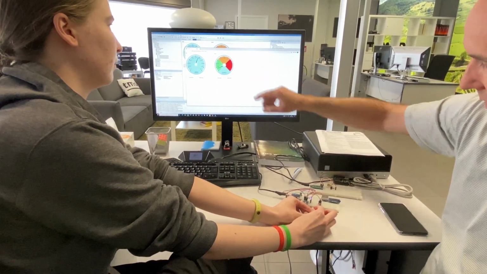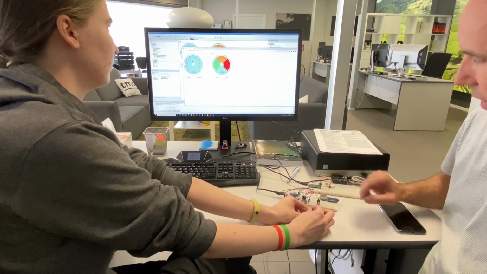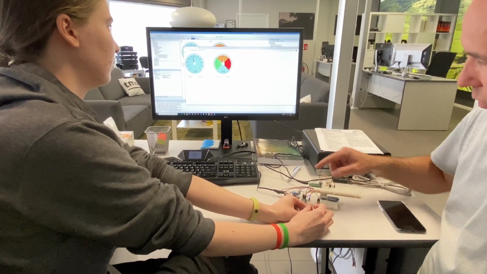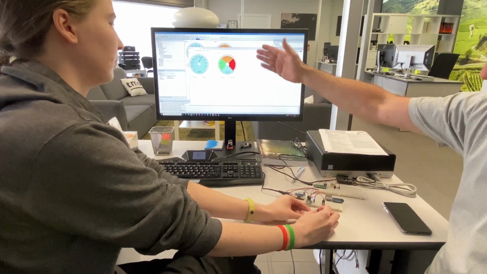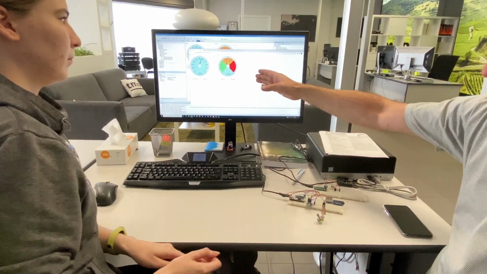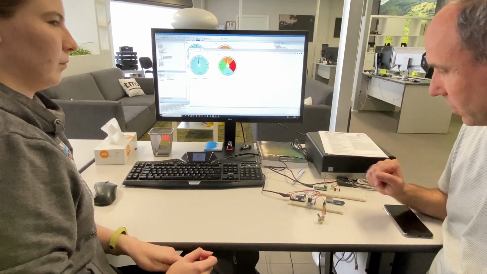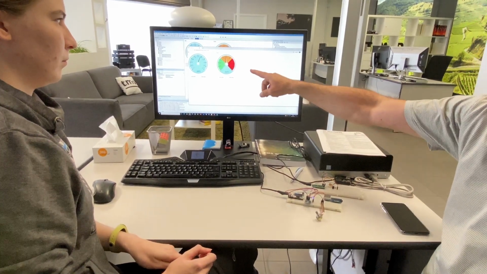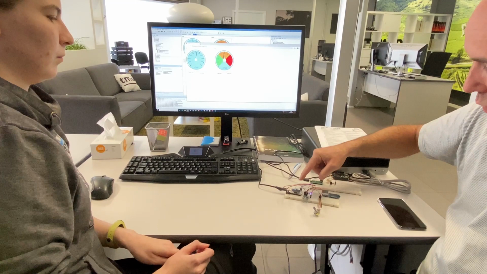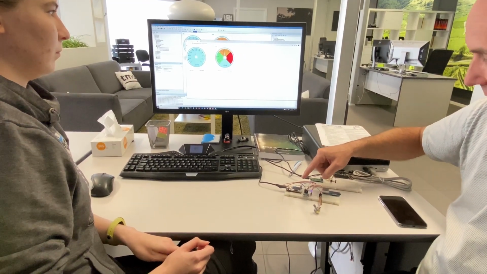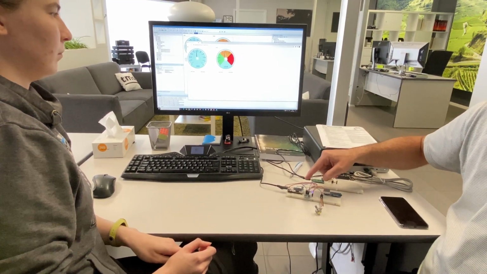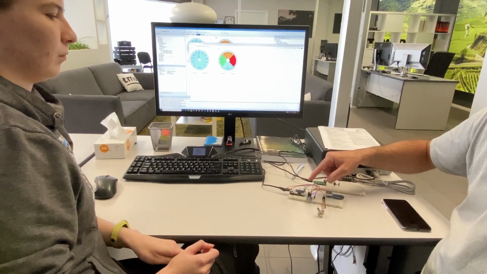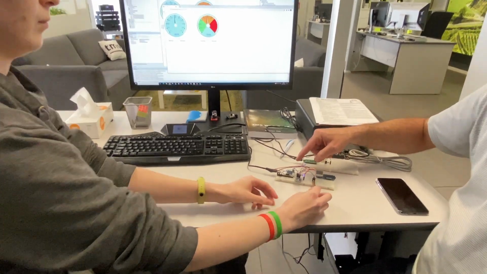So we visualize the measured voltage on the ESP32, communicate it over USB, and visualize it in the web application here on the desktop PC. What we also do is we send a command from the web application to the ESP32 device, which updates the OLED screen. So if we do this again and focus on the OLED screen,